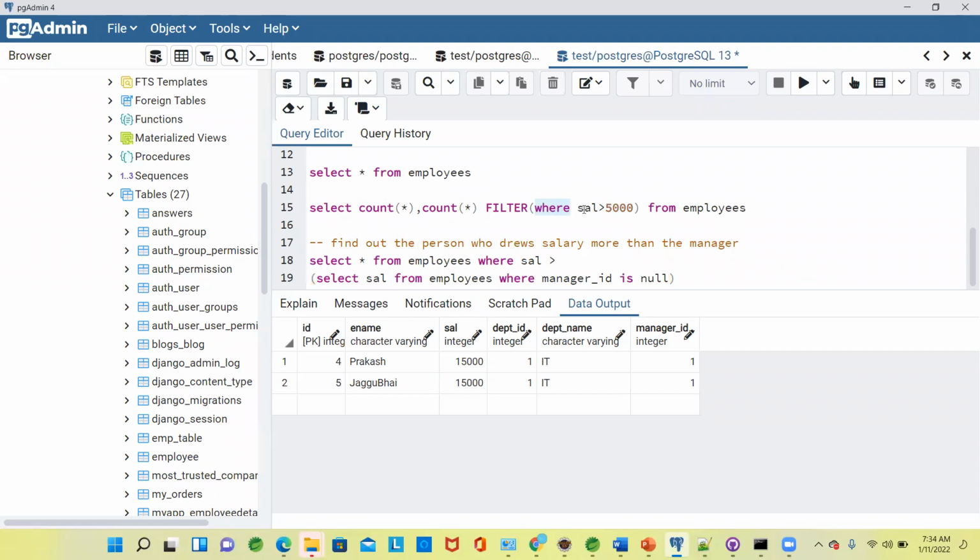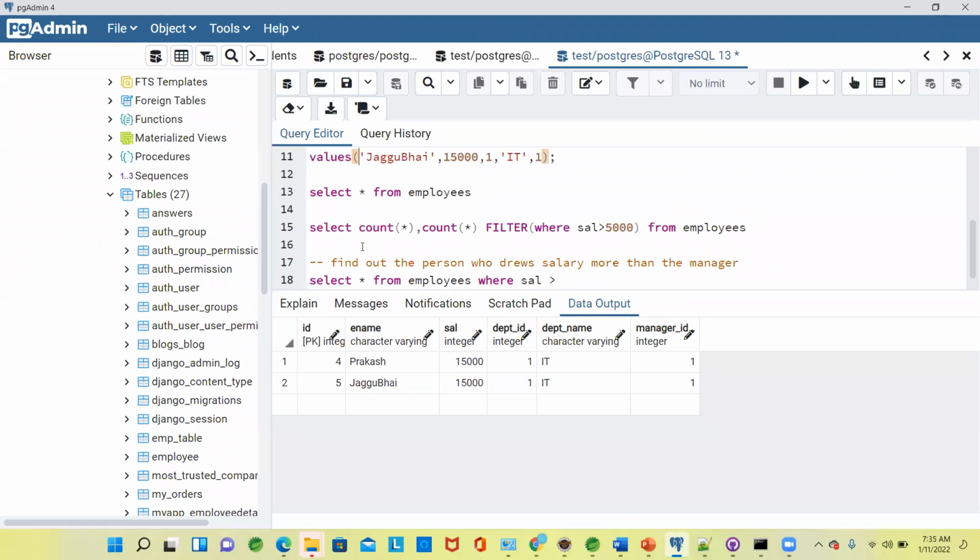Boolean. What is that? Sal greater than 500. Yes or no? That's it. And it gives the count. So it can be applied on any aggregate functions. Right? Clear? So now if you see apart from this employees, we want to find out the employees